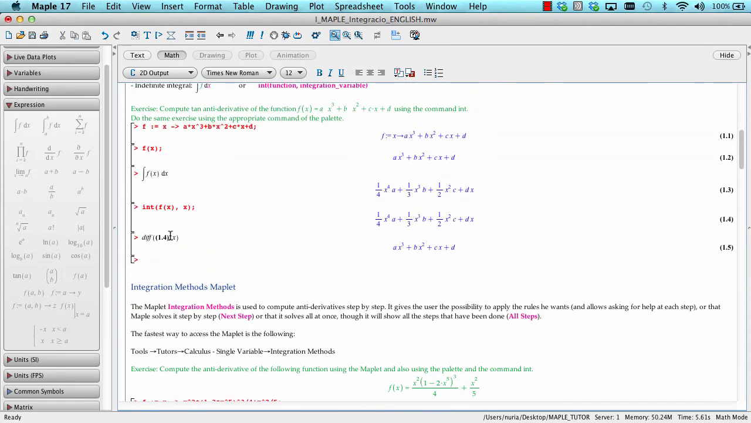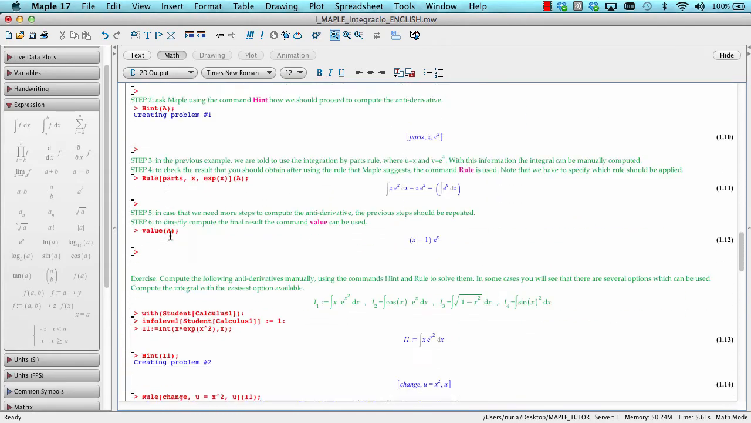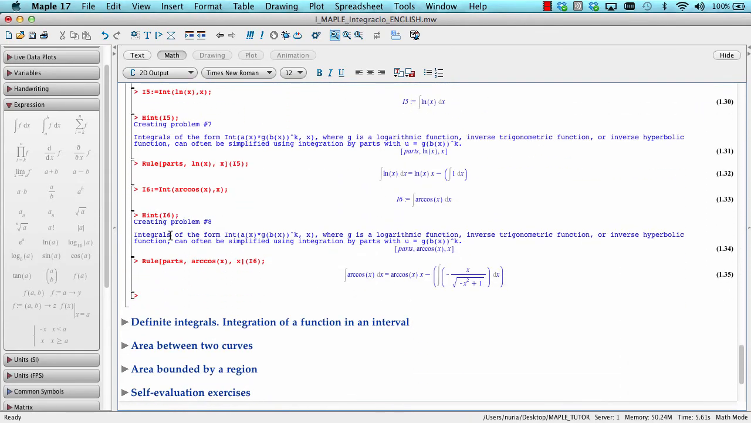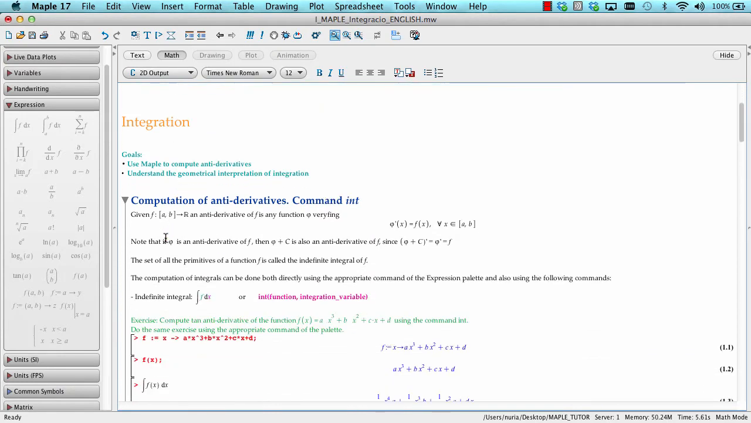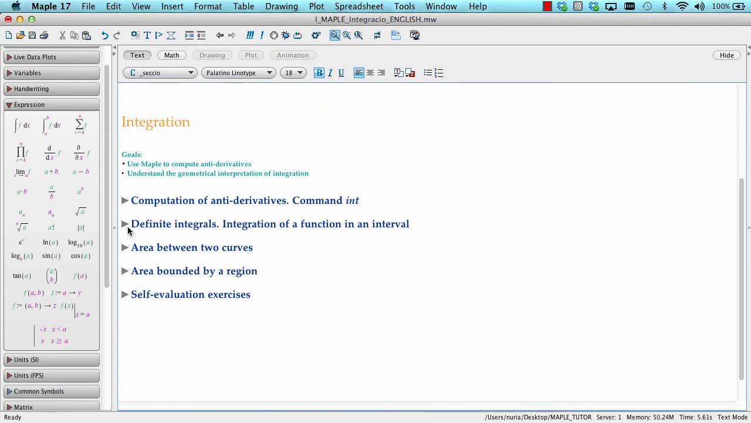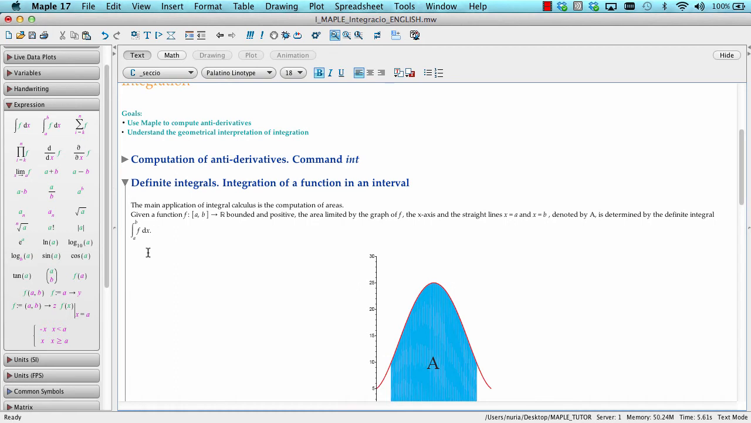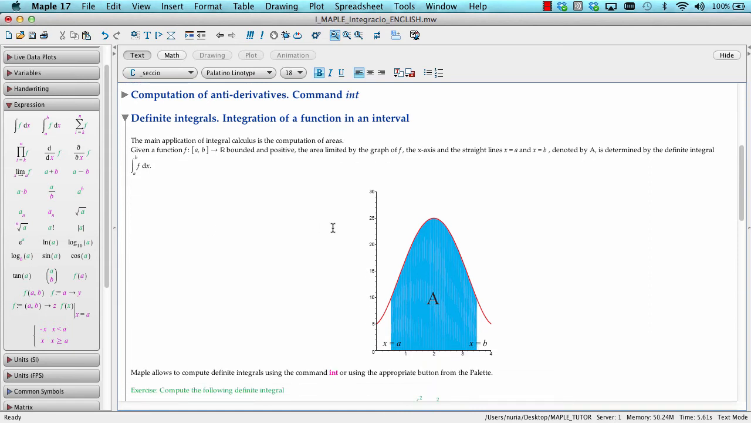Okay. So now that we know how to compute antiderivatives step by step or directly, let's see the meaning of a definite integral. This means that it's an integral which is going to be computed between a and b, between two values. And the important thing is the relation between this definite integral with the area of the function. The idea is that the area between a function and the two straight lines x equal a and x equal b is